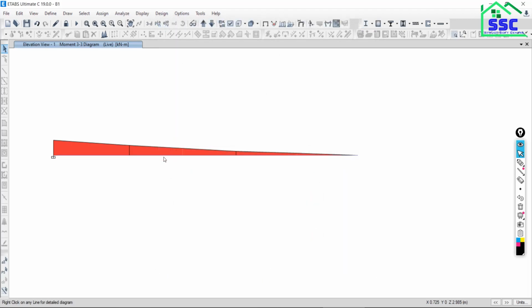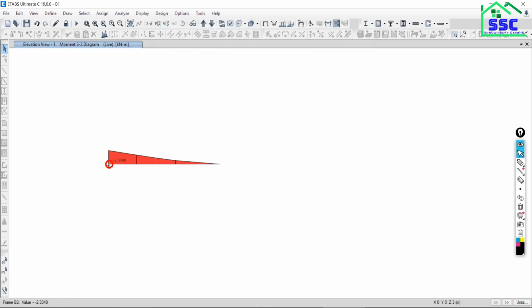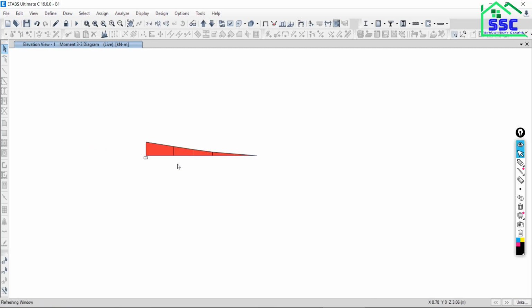When you right click over this member, on the left side it is 1.55. Okay, good, correct. But on the right side, how much? It is 640. So is it the right thing to model this member in parts? Practically, can you do this for a real-life project? No, sir. There should be some solution. It is also correct, this is not wrong, but another option is there where you can perform this more practically.